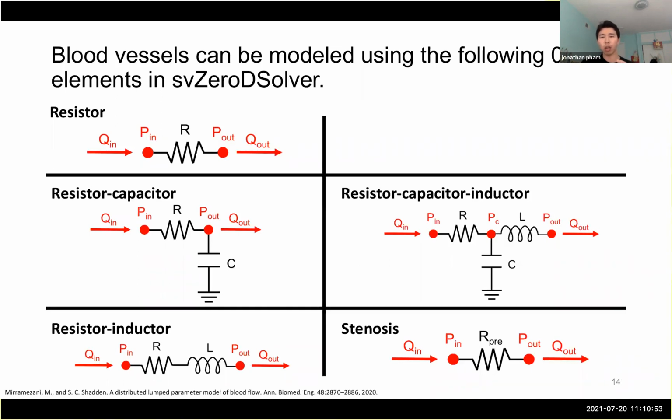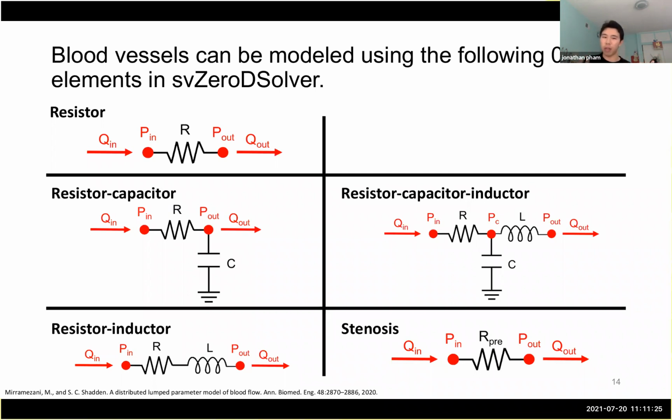So in the 0D solver, we have the following 0D options to model blood vessels. So we can use a basic resistor, which again just captures the viscous effects of the blood flow. But if we add a capacitor to this resistor, then we get a combined resistor capacitor element that captures both the viscous effect as well as the compliance of the vessel wall. We can also use an inductor in conjunction with our resistor to capture the inertia of the blood flow as well. And if we combine all three elements, then we can create a resistor, capacitor, inductor element that